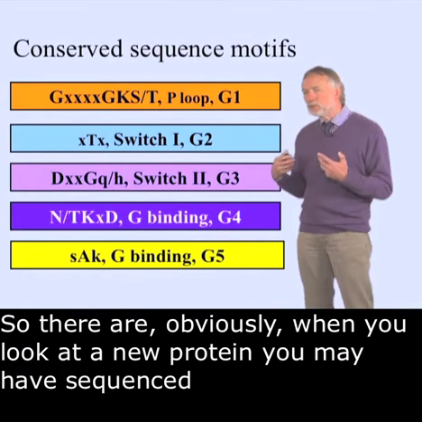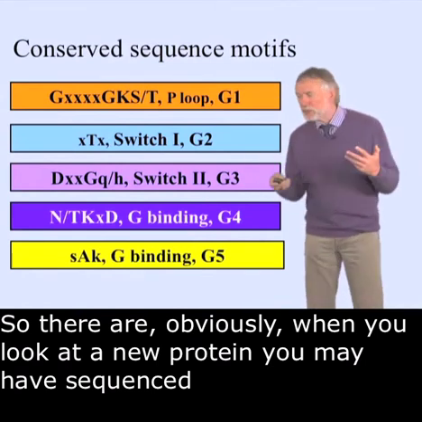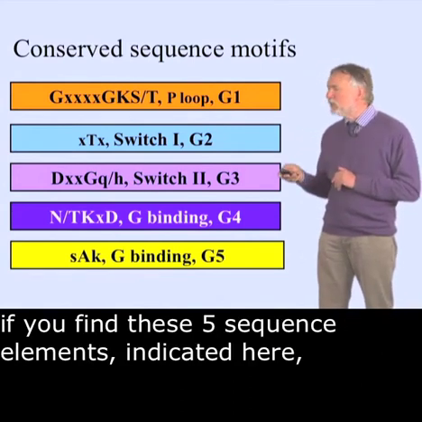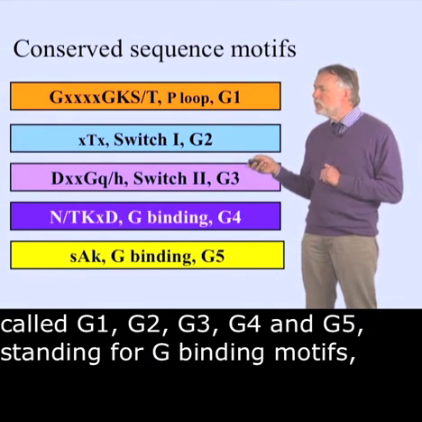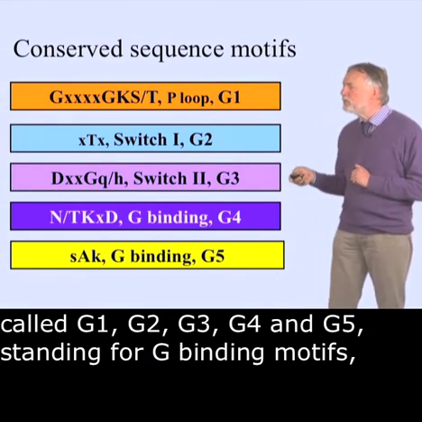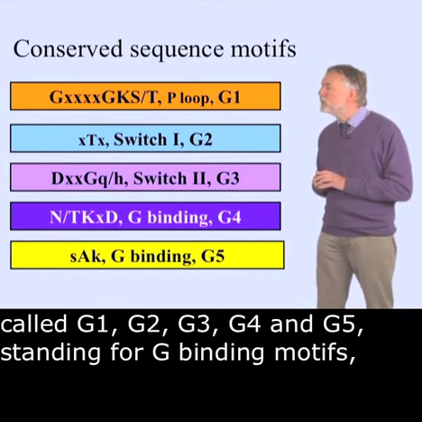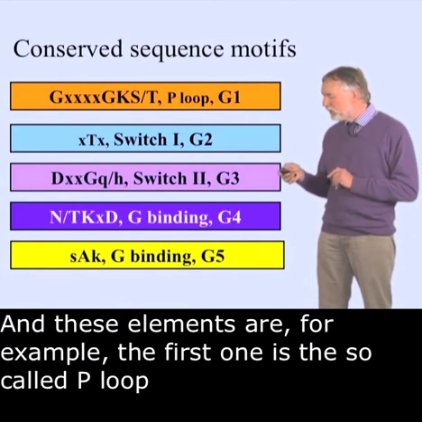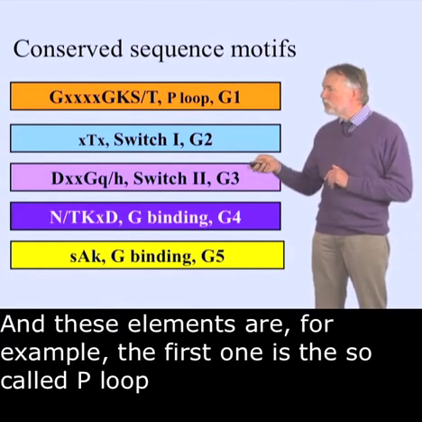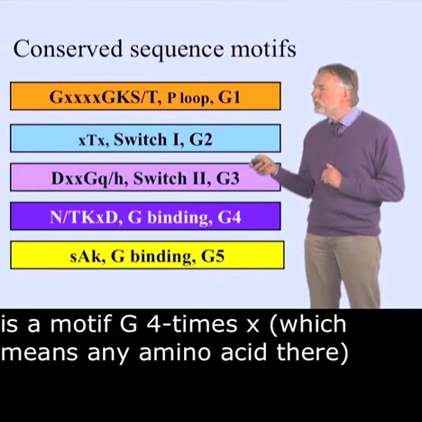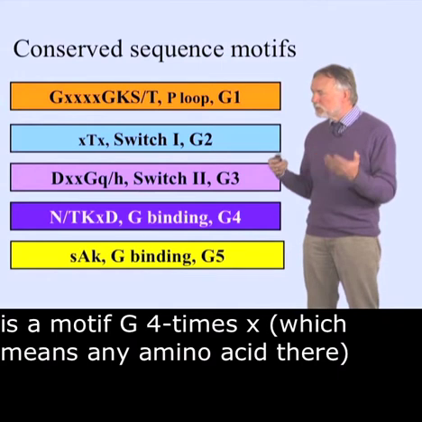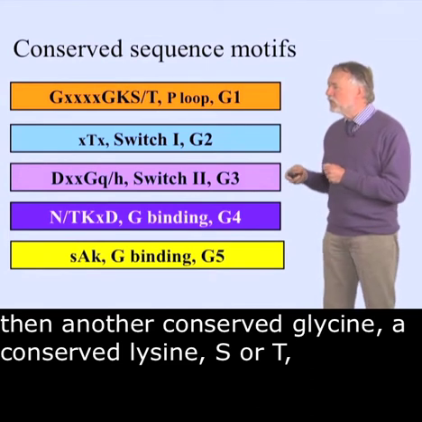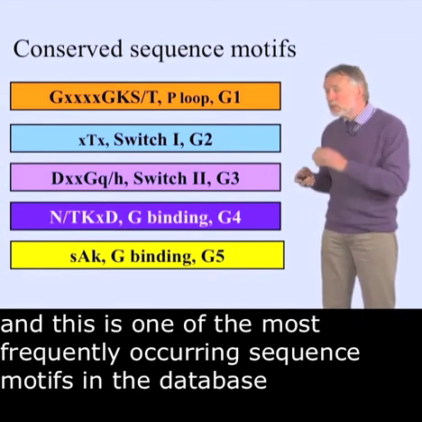When you look at a new protein that you may have sequenced, and you compare the amino acid sequence, if you find these 5 sequence elements indicated here, called G1, G2, G3, G4, and G5, standing for G binding motifs, then you immediately know that you're dealing with a GTP binding protein or G protein. The first one is the so-called P loop with a motif G 4 times X, which means any amino acid, then another conserved glycine, another conserved lysine, and S/T. And this is one of the most frequently